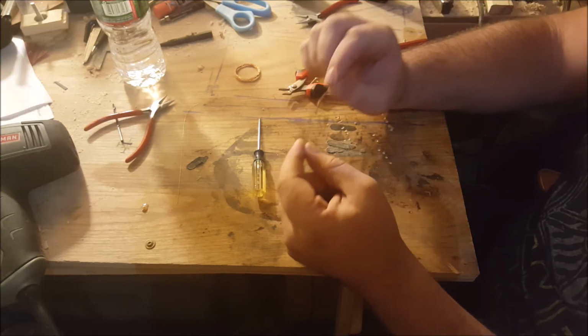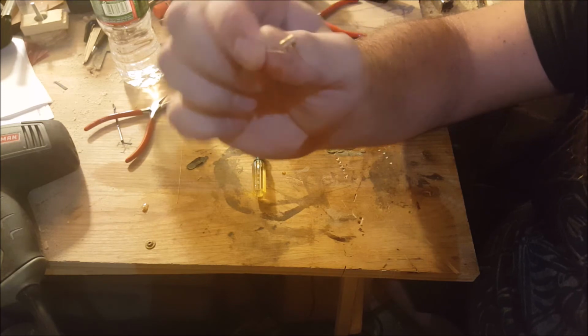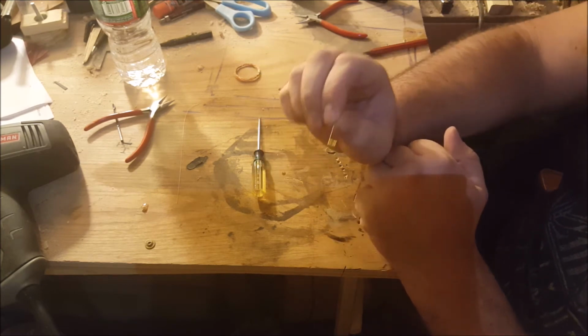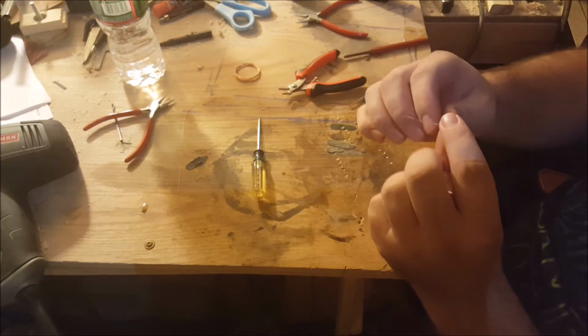Now you want to clip a few inches off the end. And if you vape and make your own coils, this will be a very familiar structure to you. And if you really wanted to, you could do this with some kanthal. Really, any thin wire works great. But the part that differs